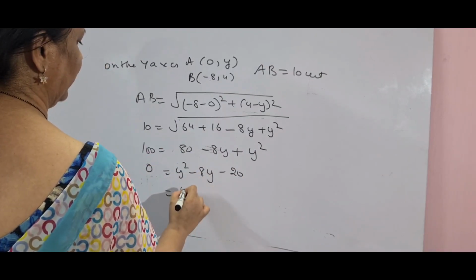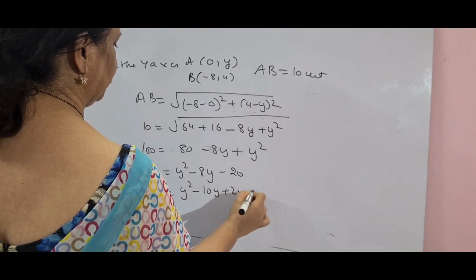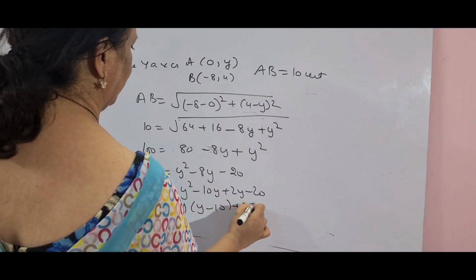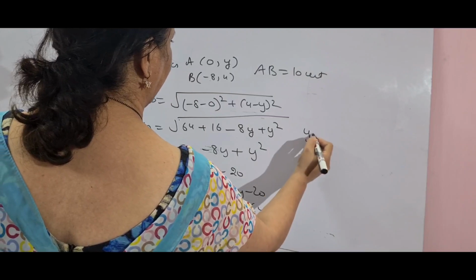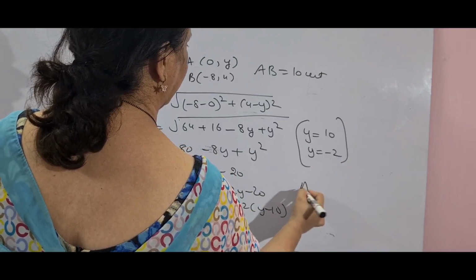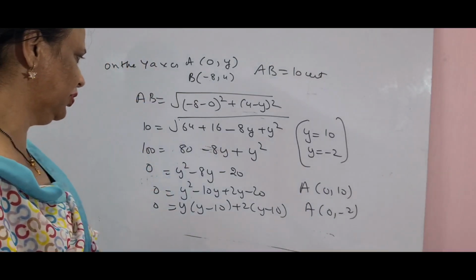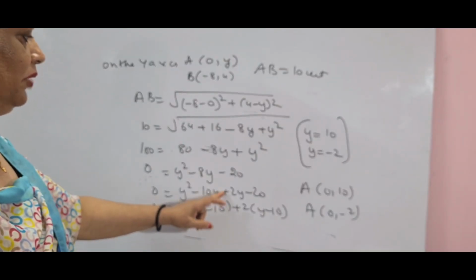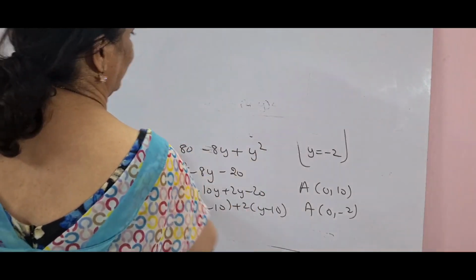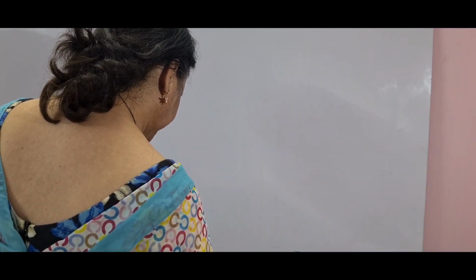And again, how will you get two values? y square, 10 twos are 20, so minus 10y plus 2y minus 20. I am doing this equation fully so that you understand: y into (y minus 10) plus 2 common (y minus 10). You are getting the value of y is equal to 10 and y is equal to minus 2. So both are your answers. You will write A is either (0, 10) or (0, minus 2). This is how you will do question number 4 also. Solve the equation; this is sum product form. I have done this question fully so that you can understand the 4th and 5th, very, very important sums for the paper. So be careful about it. Then next is question number 6.